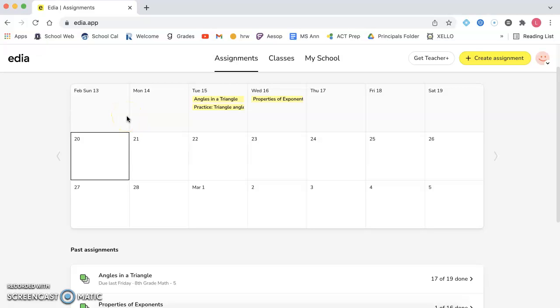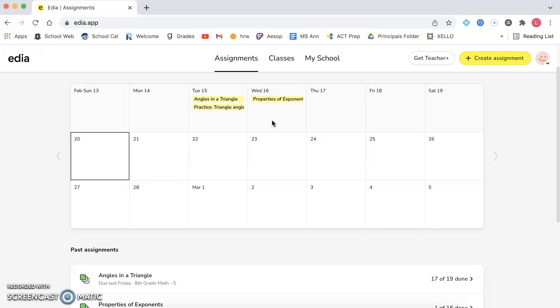The first website that I chose for this project is called Edia, I think. It is an assignment builder specifically for math. I selected this because it was getting difficult to create new assignments and differentiate, so I found this to help out with that process. My intended audience will be my students, and the ITSE standards that this would cover would be